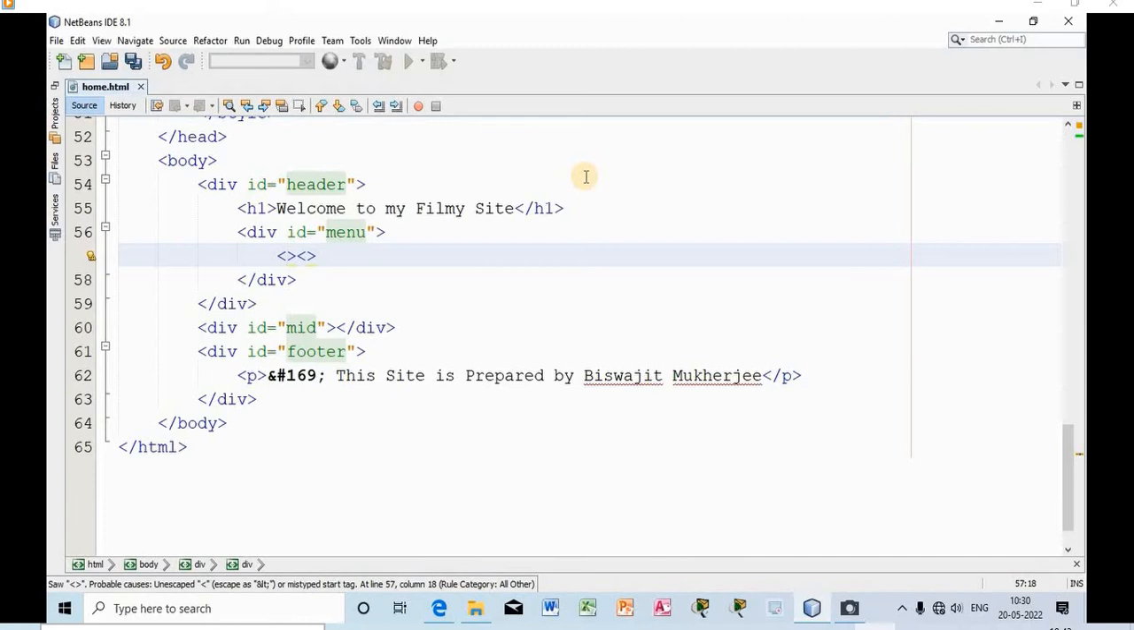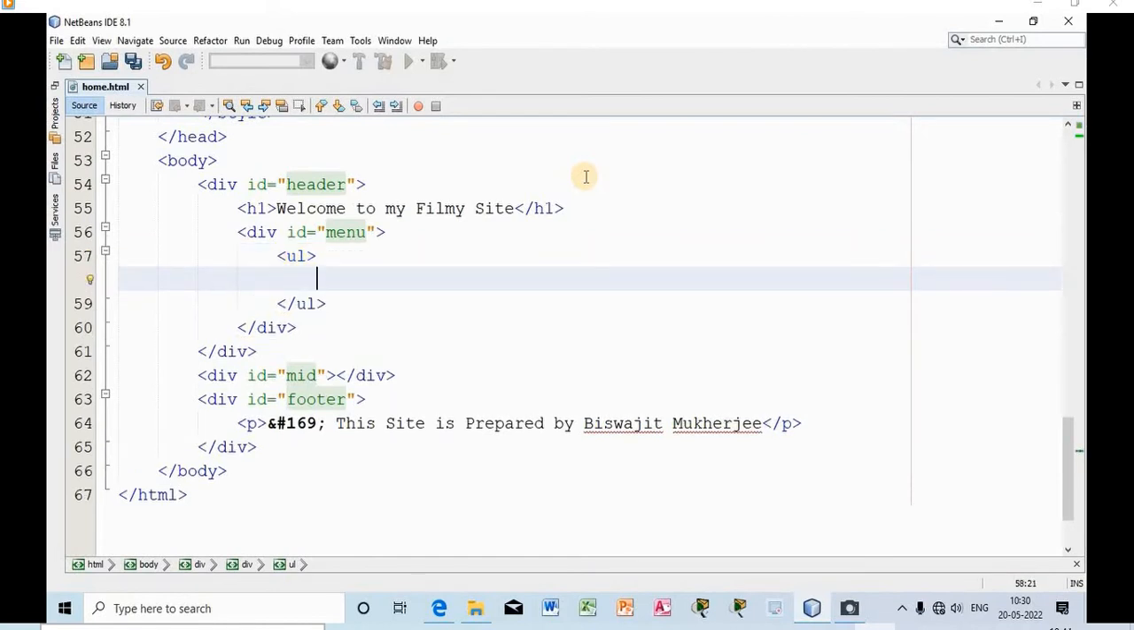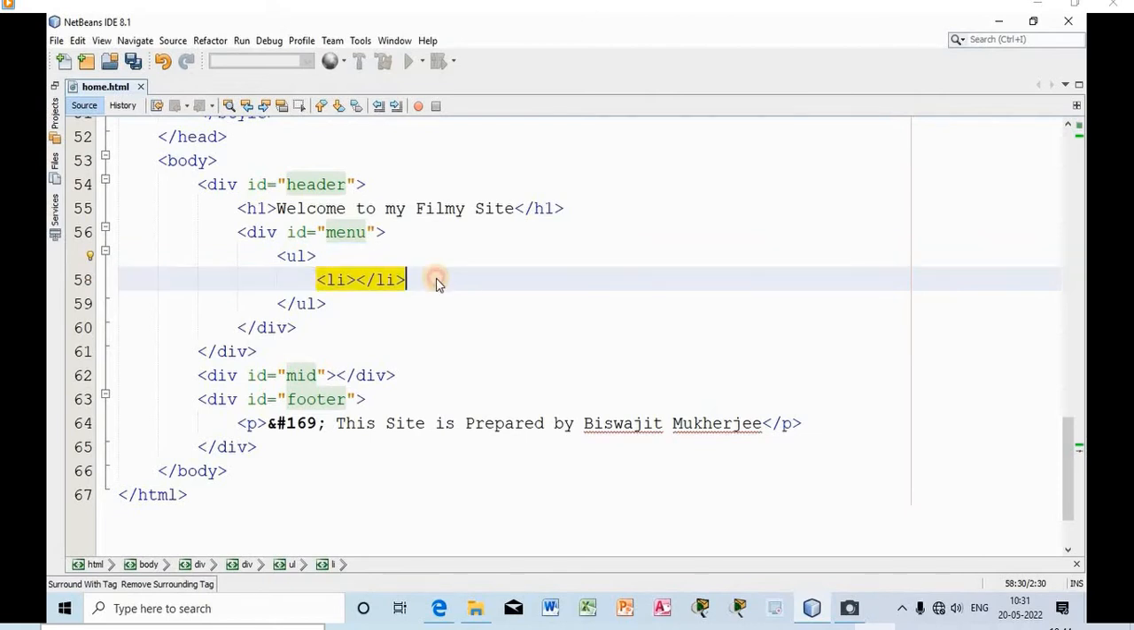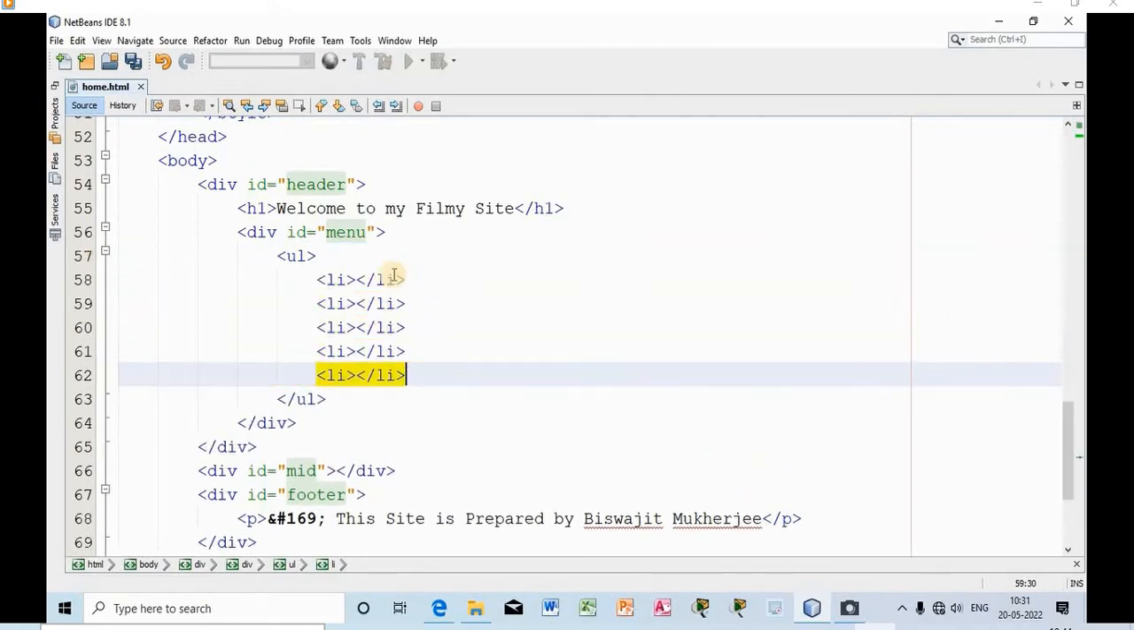To create a navigation bar I will use the unordered list. I will use unordered list to create the navigation bar. So you know that unordered list contains the list that will be referred by li, right? So 5 list I will take because I want to create 5 menu under this navigation bar. The first will be home, the second will be about us,